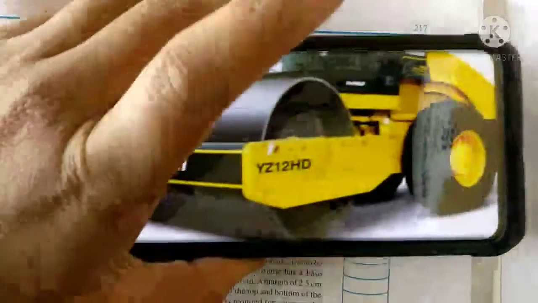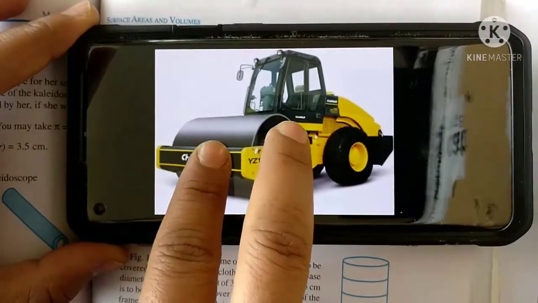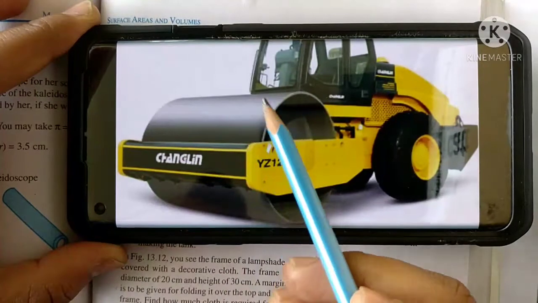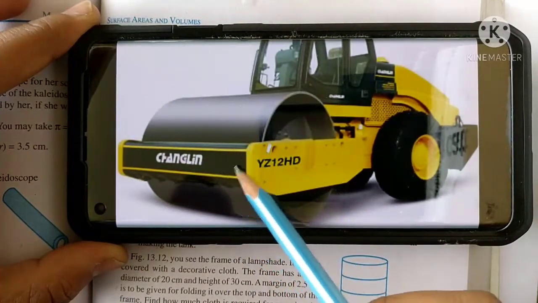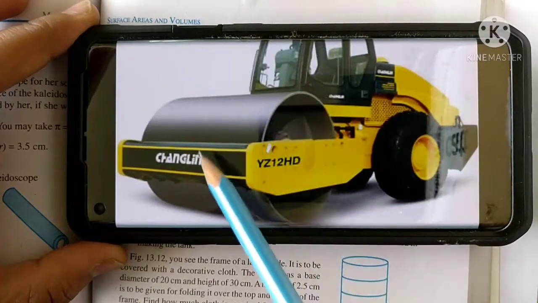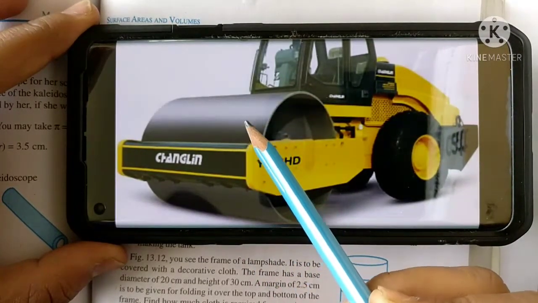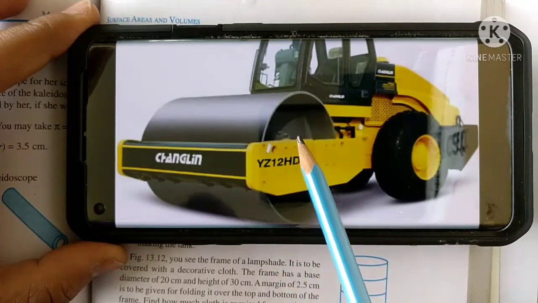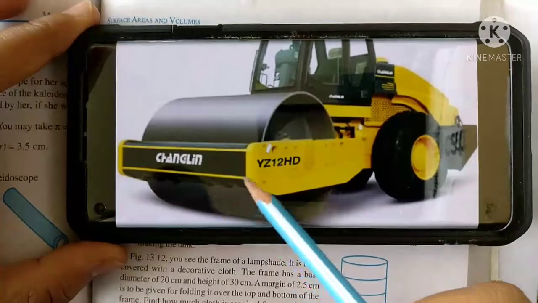I can show you the picture also. This is called your roller. So as you can see, this part is used for leveling the pitch. When it is moved, it will take a revolution. It means it takes one round, so it will complete one revolution. As you can see, which part is moving? This curved part is moving only. The other parts, the bases, are not moving, just this curved part is moving.